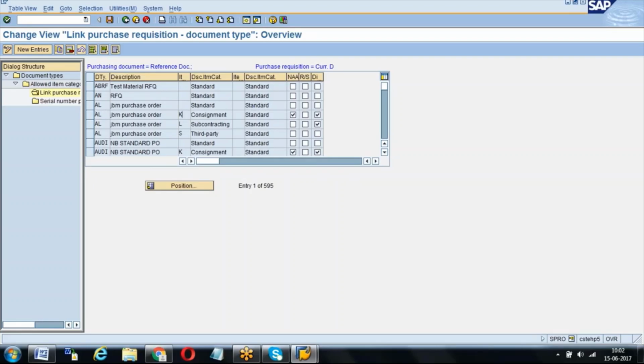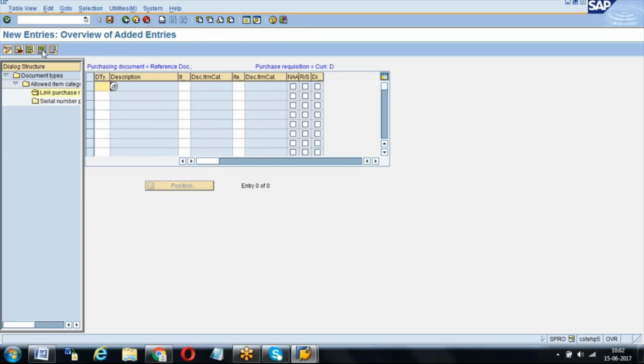And what we can understand is by using a standard NB, if we go to new entries, I am doing GK NB purchase order for item category K. K is already available.